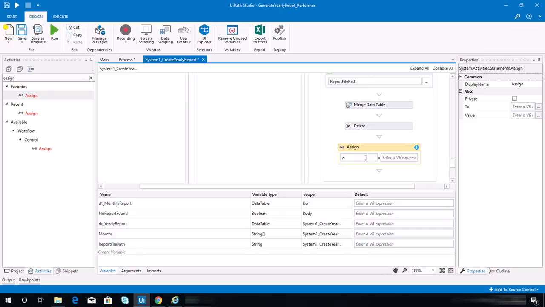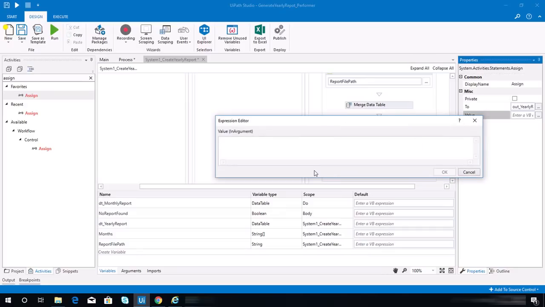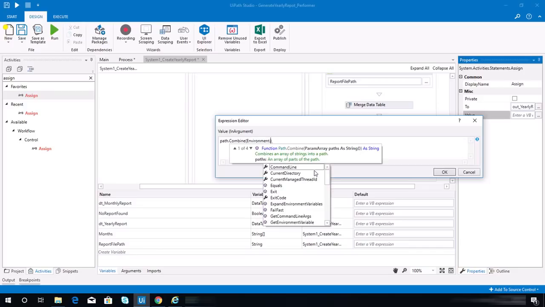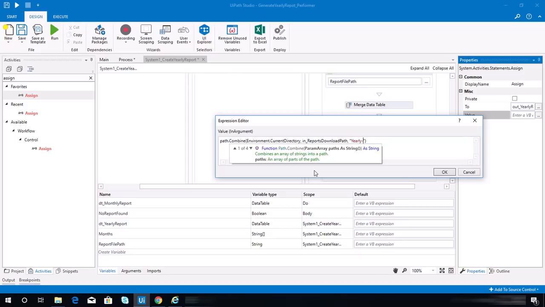So this will be for out yearly report path. Let me just check in here. It should be path that combine environment that current directory and reports download path, yearly report dash